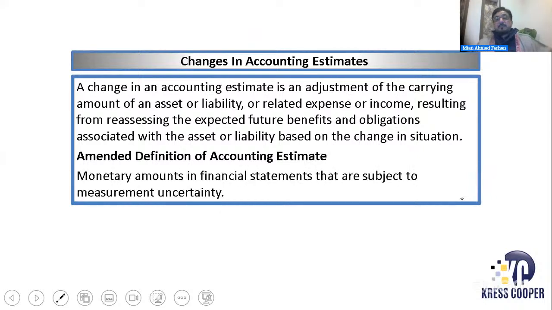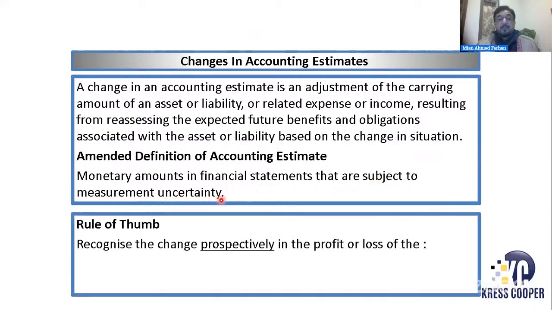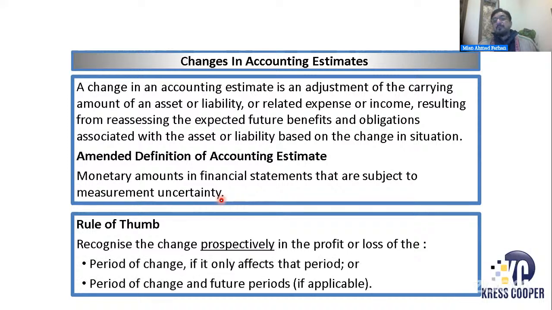So change in accounting estimate is an adjustment of the carrying amount of assets or liability or the related expenses or income resulting from reassessing the expected future benefits and the obligation associated with the assets or liabilities based on the changed scenario. The amended definition of accounting estimate is now that it is a monetary amount in financial statements that are subject to measurement uncertainties. The rule of thumb over here is that whenever we work out the change in accounting estimate,